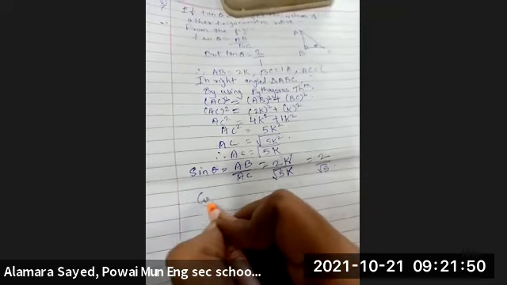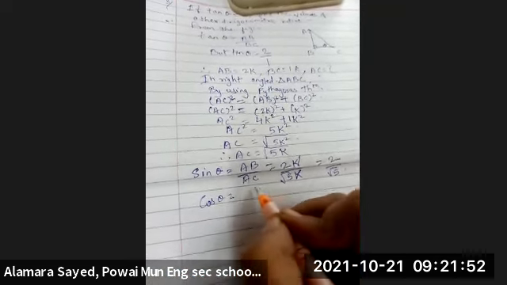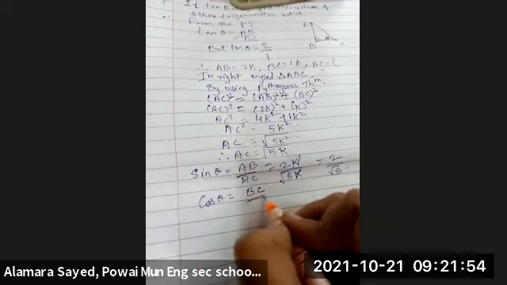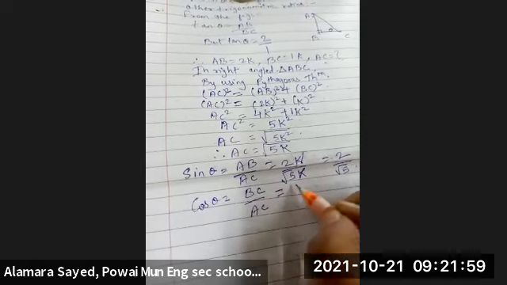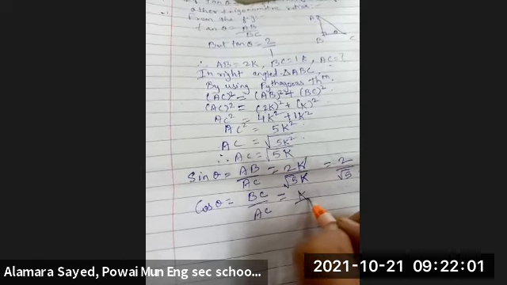Now cos theta is equal to BC upon AC, that is adjacent upon hypotenuse. So it will be K upon